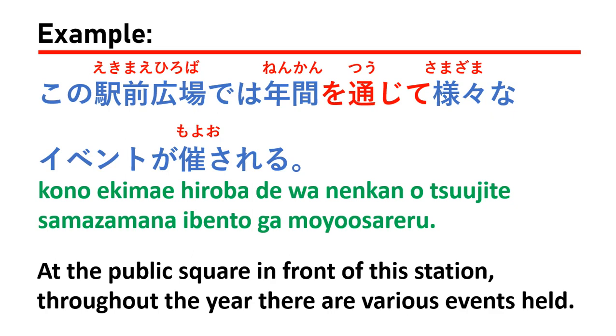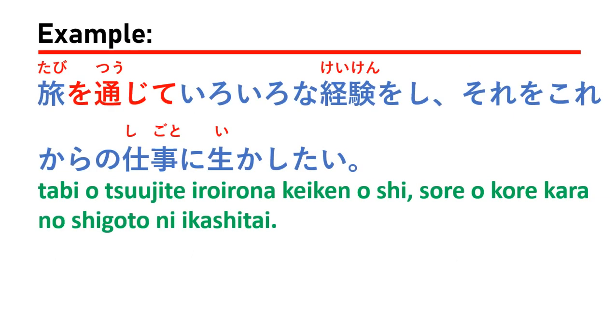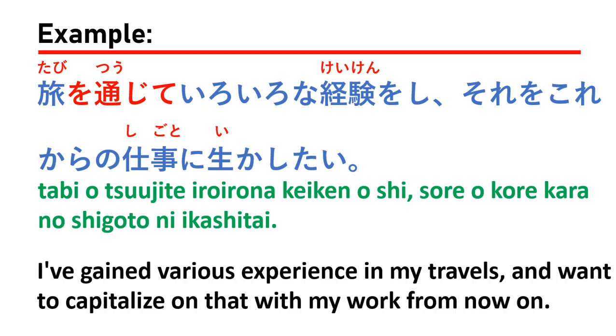So in this case you can say 年間を通じて, right? 様々なイベントが催される。An example: 旅を通じていろいろな経験をし、それをこれからの仕事に生かしたい。That means I have gained various experience in my